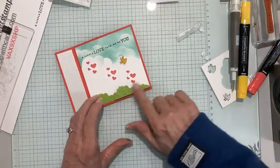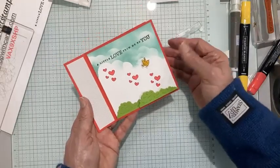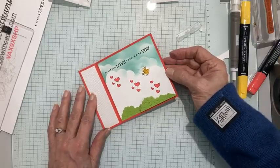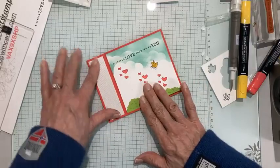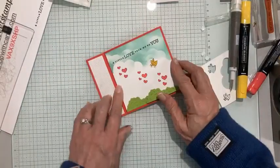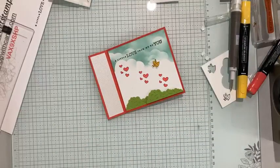So I'm popping that one up, leaving this one flat just for a little bit of lift and a little bit of texture there and variation. Now, before I glued this down, I was supposed to put some twine here, but I think what I'm going to do instead, since I didn't do that,